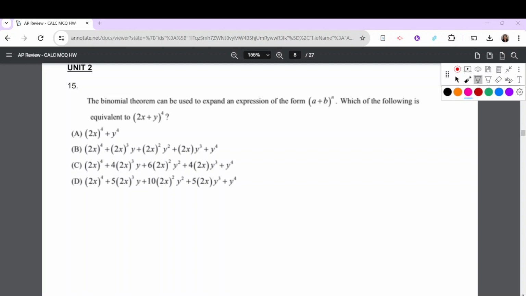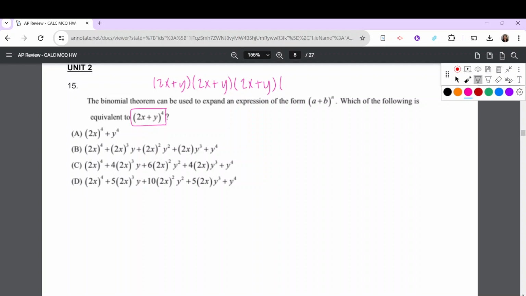Passwater. So on question 15 here, we have a binomial theorem question. We want to expand 2x plus y all to the fourth power. And again, you could multiply that out, you could do 2x plus y, multiply that out 4 times, but that's going to take us a really